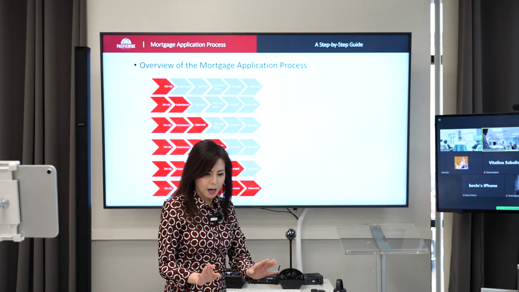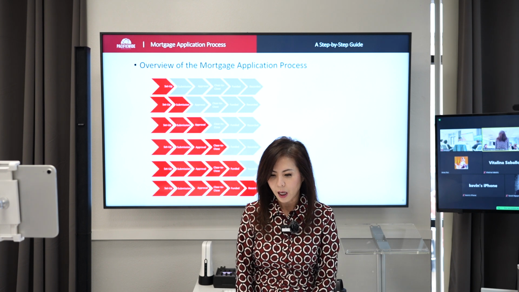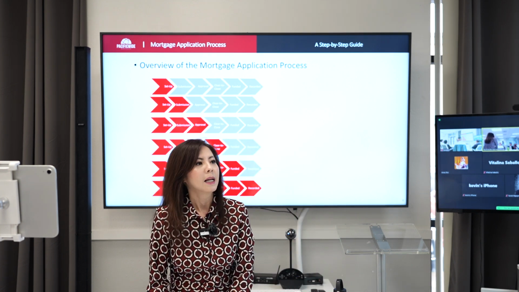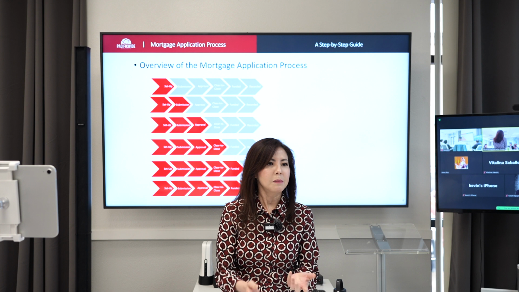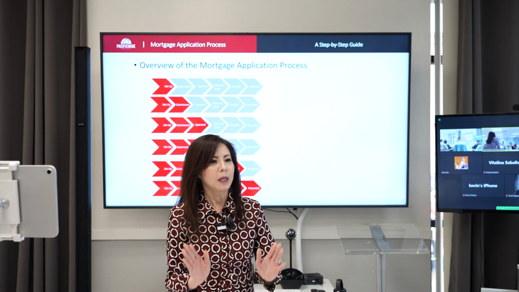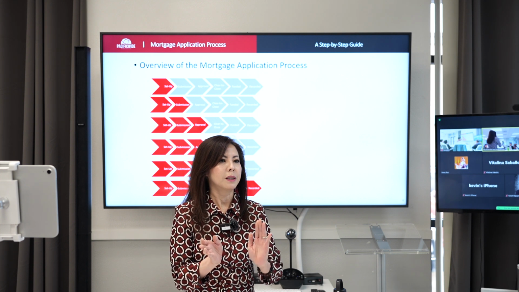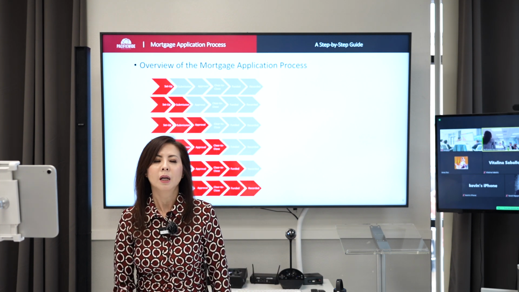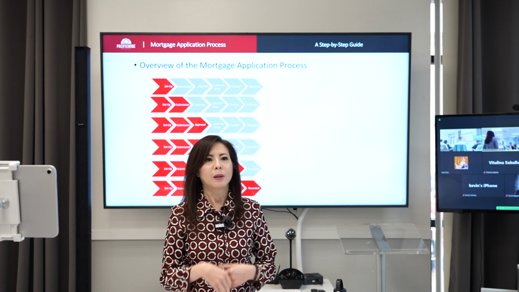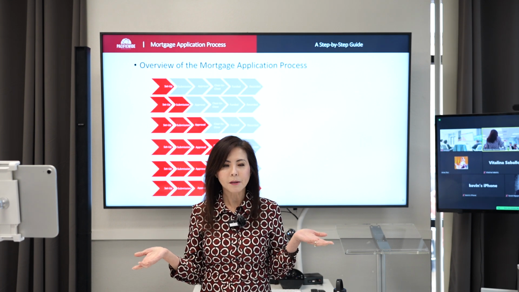Funded means after signing the loan docs, the lender will fund the money, and then the seller gets this money. Then the title company will move the seller's name out of the title and put the buyer's name on the title. That's where we have the recorded stage, when we complete the whole process of the loan,